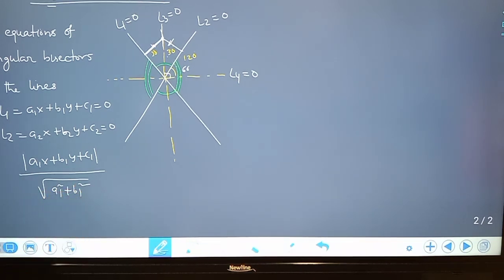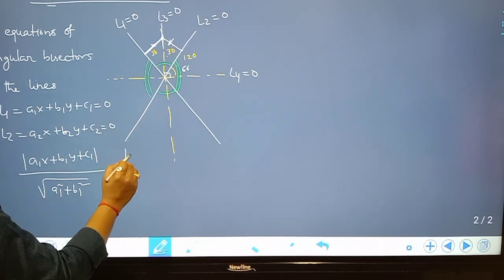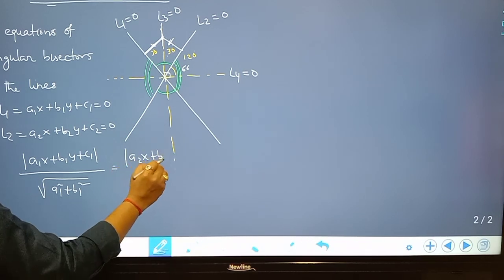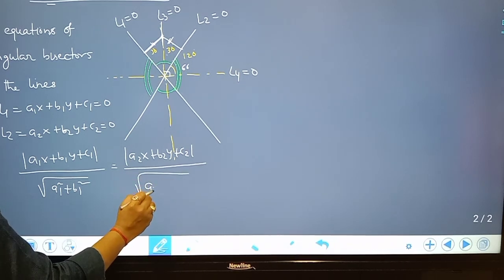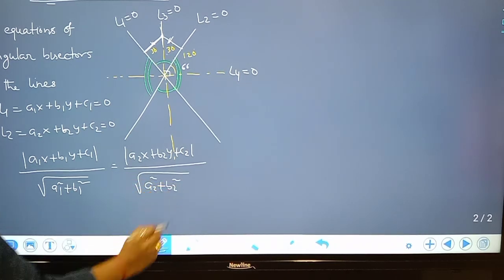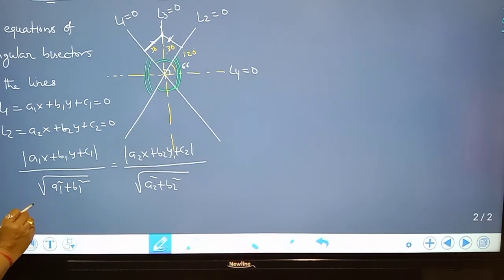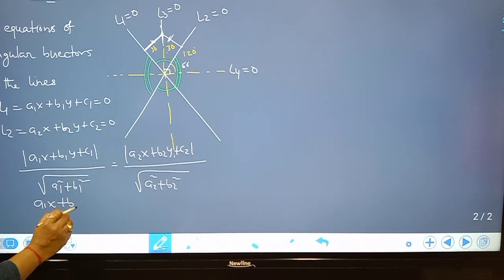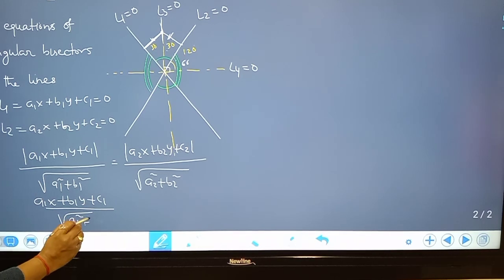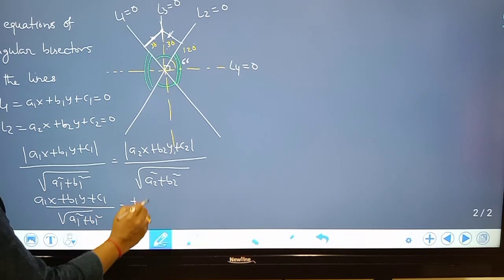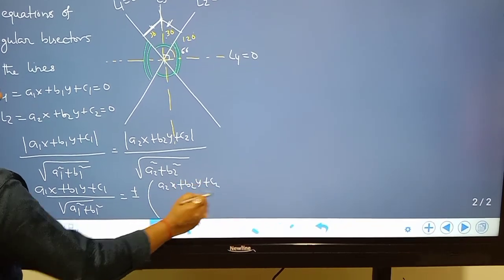This is equal to the distance from the second line, (A2x plus B2y plus C2) by root over (A2 square plus B2 square). Since the perpendiculars are on both sides, it can be cancelled on one side and gives plus or minus. That means (A1x plus B1y plus C1) by root over (A1 square plus B1 square) is equal to plus or minus (A2x plus B2y plus C2) by